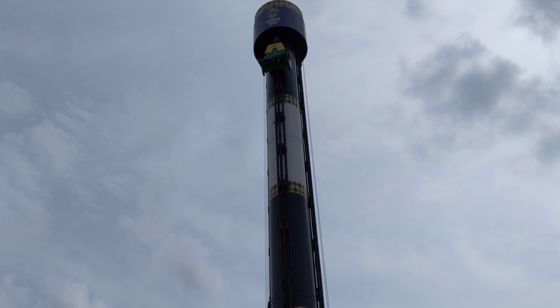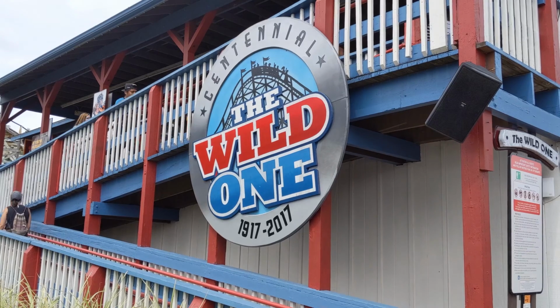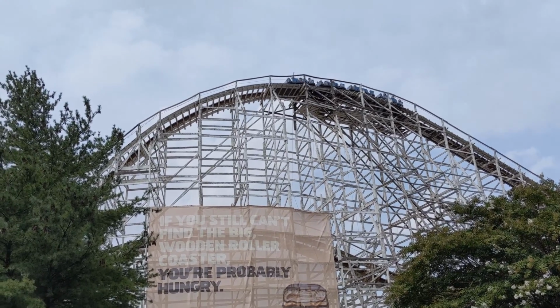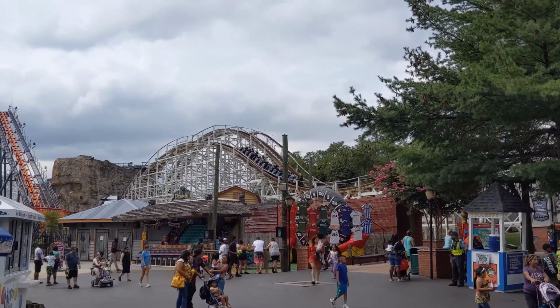I've shown you a few of the smaller drop rides, but if you want to go even higher up in the air and be dropped even faster down to the ground, then this ride's for you. If you've been waiting for a serious roller coaster, there's the Wild One. It's a wooden roller coaster that was built over 100 years ago and is nearly 100 feet tall. The track goes right through the center of the park, so you'll get a great view as you zoom down